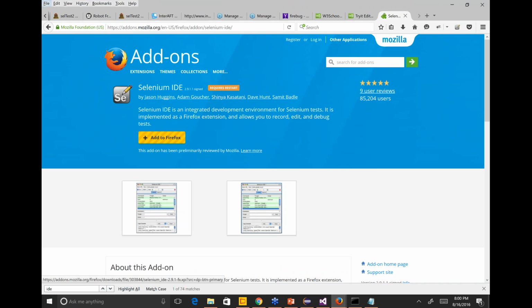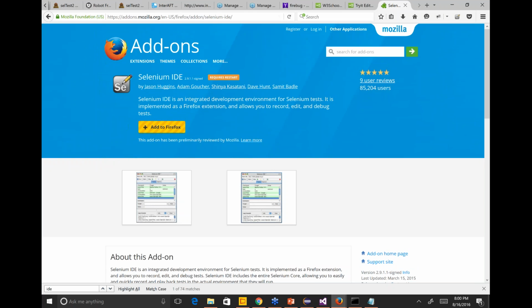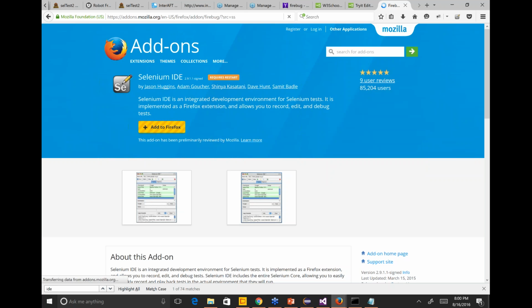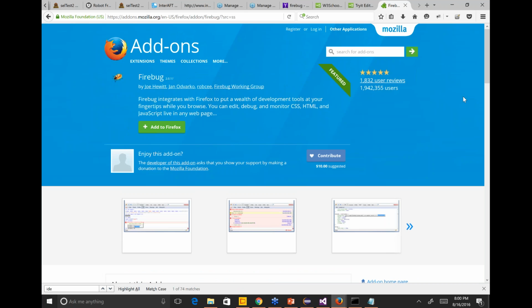Once you add it to Firefox, you will be able to see Selenium IDE. Press Alt here, go to Tools. Under Tools, you'll see Selenium IDE. This will let you practice. Also get Firebug. Similarly, you can search in the same Mozilla. Just search for Firebug. Do not do FirePath yet, team, because Firebug is sufficient. I want you to play with a harder one, not an easier one. So search for Firebug and add it to Firefox. Once you get Firebug and Selenium IDE, I want you to experiment